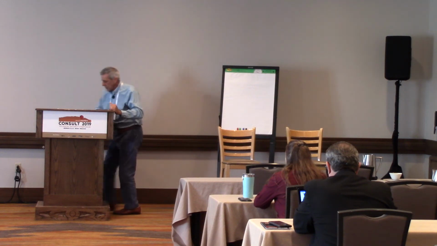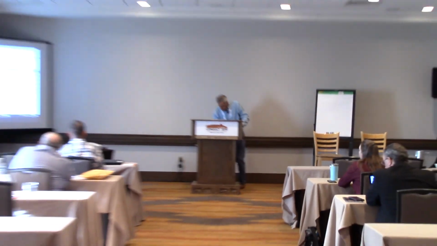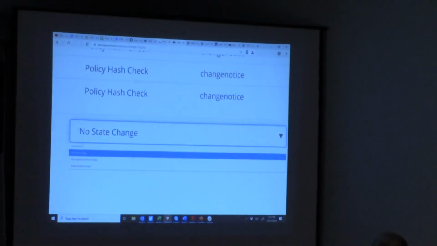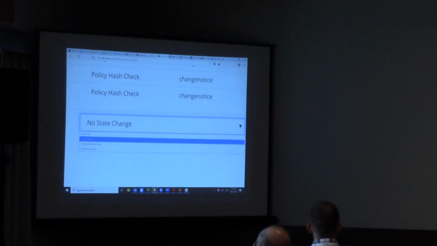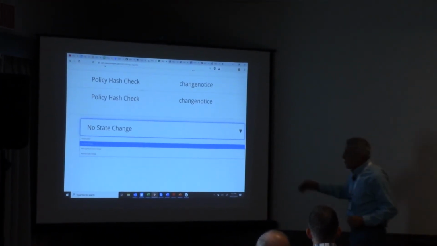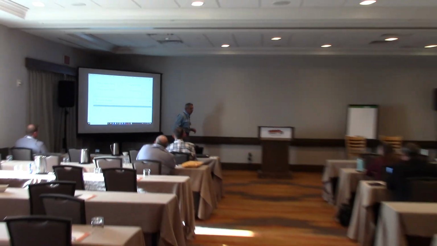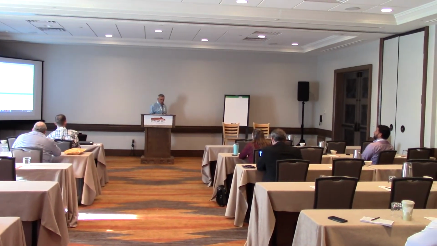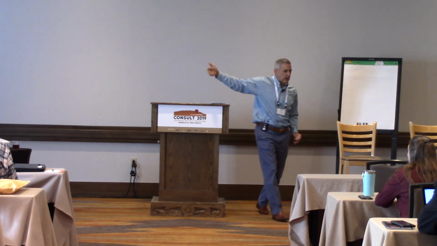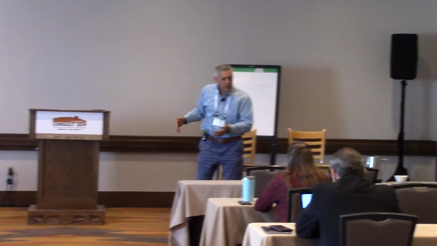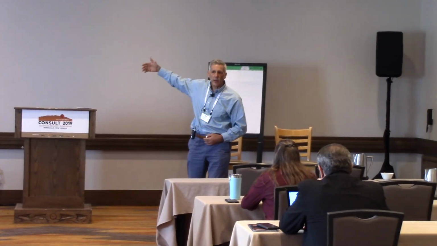But if you did have a change, we'd allow you to say, I don't know if you can see this. This doesn't allow me to scroll big enough. I can read it for you, right? So no change, non-significant change, significant change, right? And if there's a significant change, then you've got to push out that notice. And then that gives you an example of what you're going to send out there, right? So non-significant change, we just changed some text, or if it's a significant change, but this is basically generating the notices,